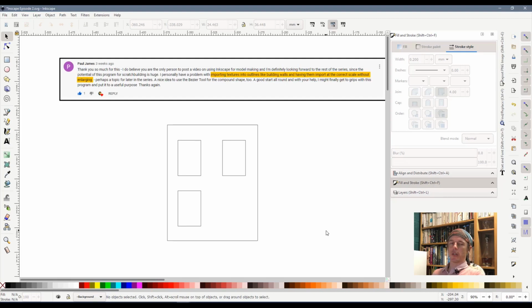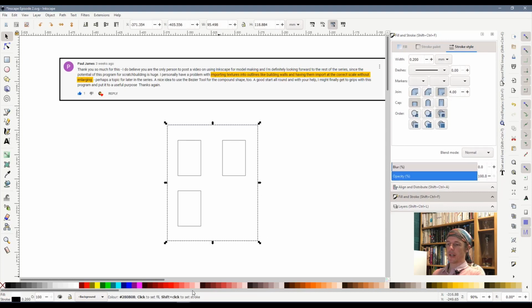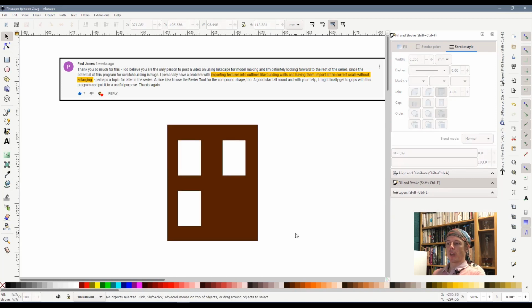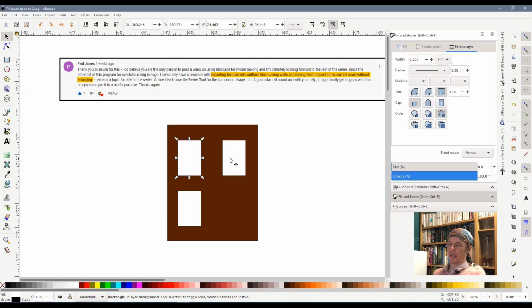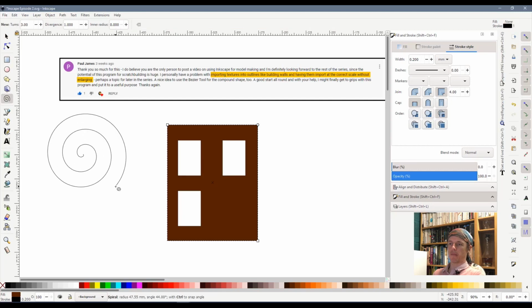But what happens if you wanted to colour in the house and you wanted to add some texture? Well, what you'd do is select the outline window and give it a nice kind of brick brown colour. And that's worked all right. You could probably print that out as well. But if we look, these are just white rectangles on top of the brown background. So if we were to have something like a spiral,